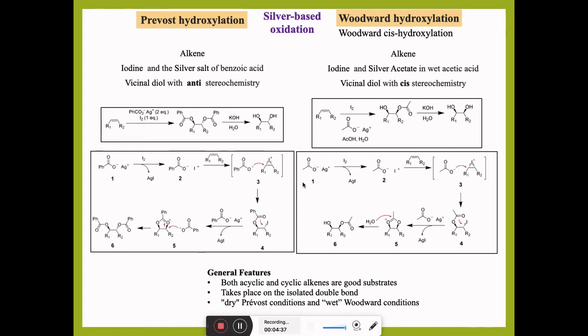Now come to the Woodward hydroxylation. We will be having this silver acetate and then iodine which will give you AgI. This salt which is formed, then iodine will attack on the double bond, will give this intermediate, which is then attacked by this acetate ion, and it will open up this 3-membered ring. We'll get this molecule, and now again